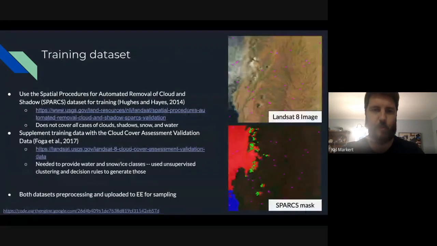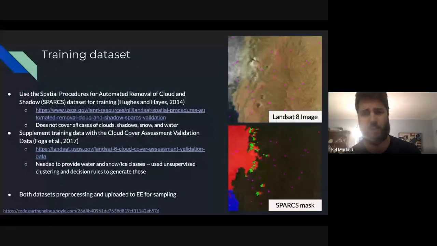So how do we do that? First off, we need a training data set. There's no deep learning process without a lot of training data. Luckily, there is already some existing training data. There's the Spatial Procedures for Automated Removal of Clouds and Shadows, or SPARCS. This is a really nice data set